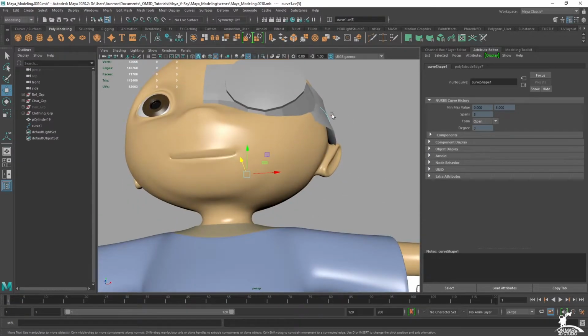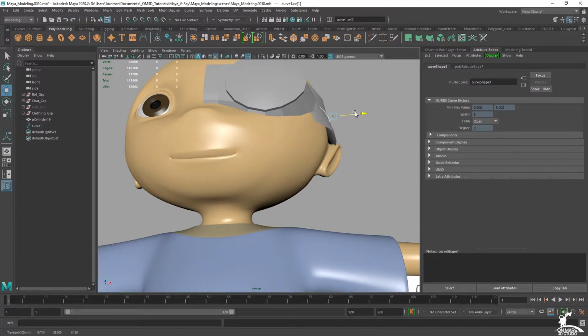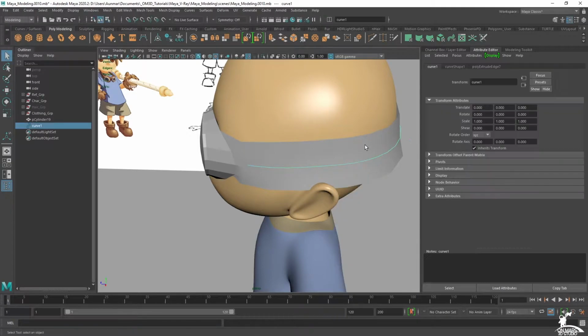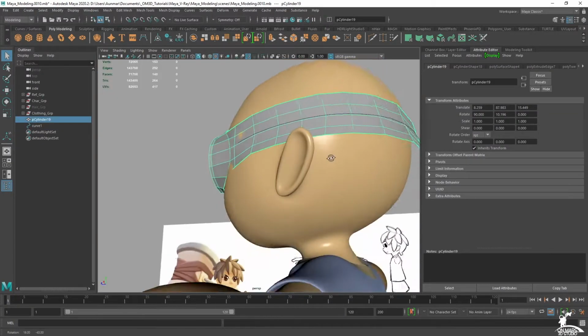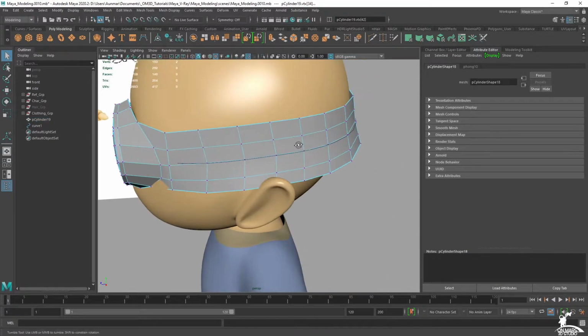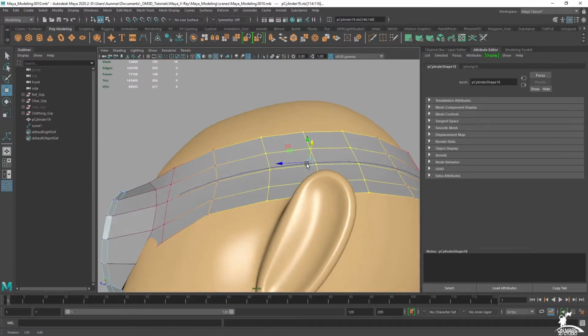Okay, so we have something like this, and we can again go and position it as needed. Okay, so that looks good, and we can select this now. And we can go ahead and delete history. Okay. Now, again, if you wanted to, that's where soft select comes in after you